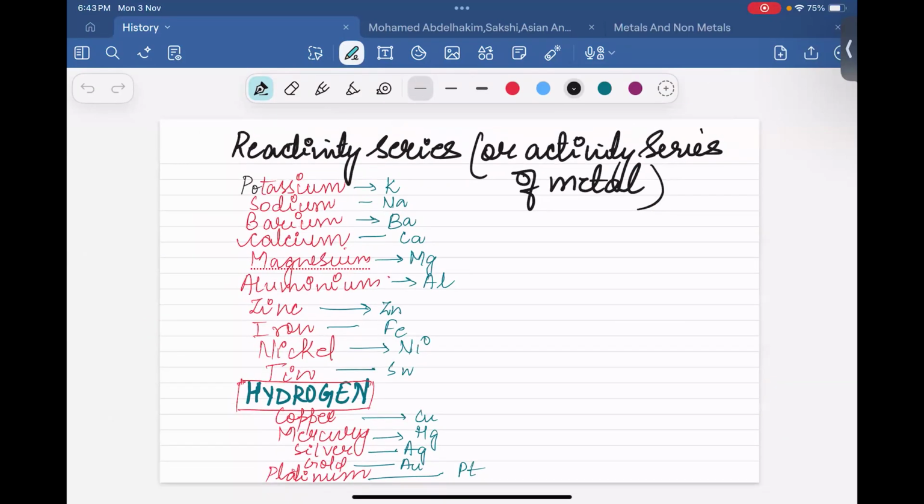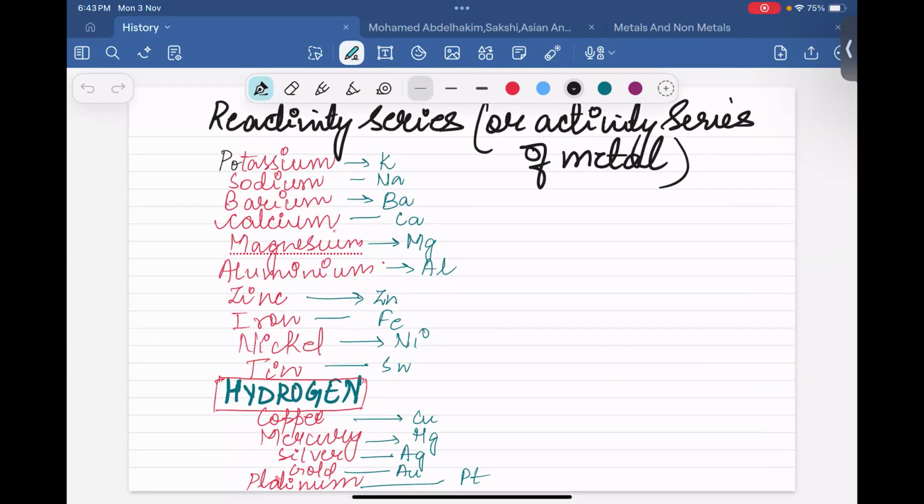So you have made it already in your notebook. This is the reactivity series, or we can say the activity series of the metals. These are some of the metals which are present, potassium, sodium, according to the reactivity. Which type of reactivity? This I will tell you now. This whole series, this potassium